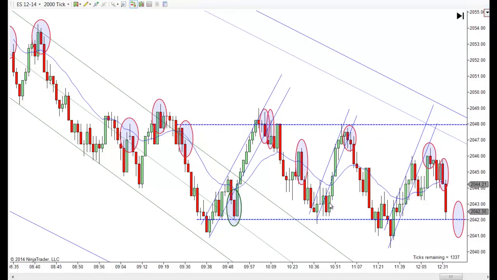And it was real tempting to go long here, but look how much overlap. 1, 2, 3 bars. Really, this one's part of it. That's part of it. There's almost 5 or 6 bars there. There is a second entry long right there. But I just don't really like it. I think you're better off to wait and see if you get a short.